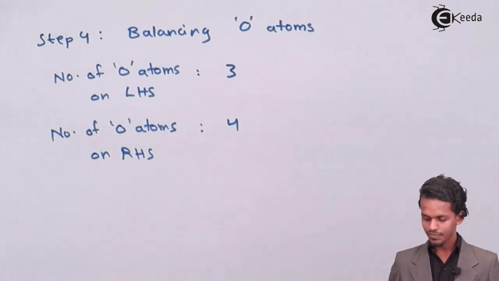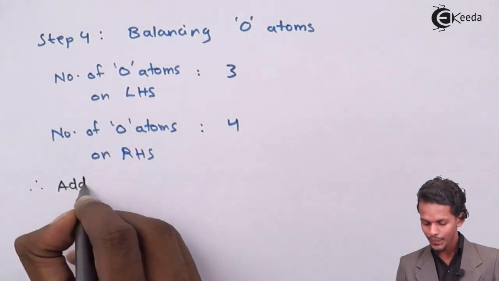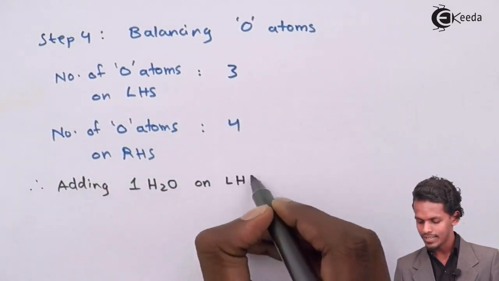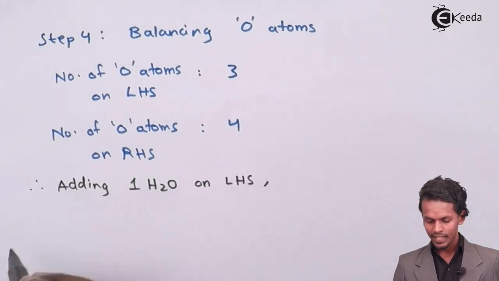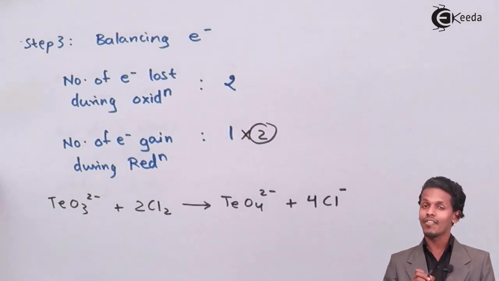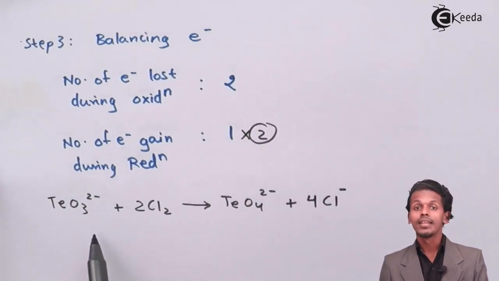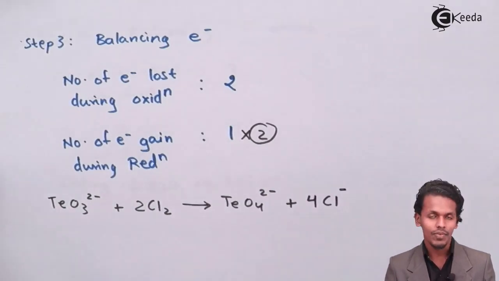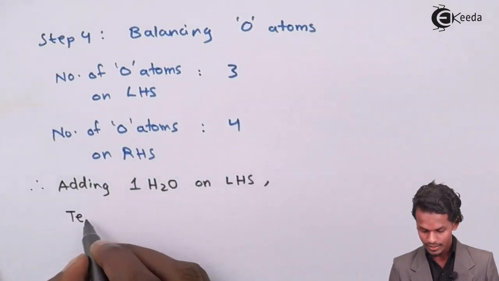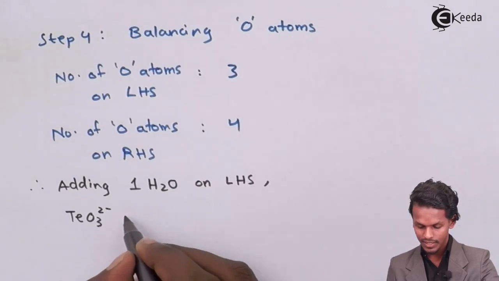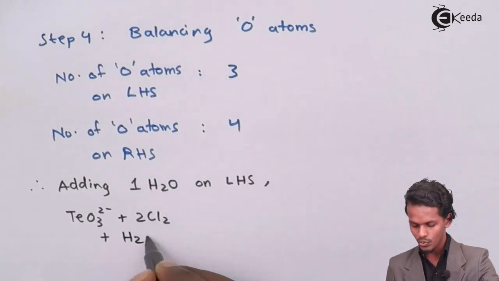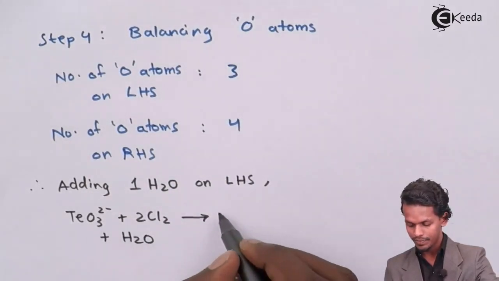So adding 1 mole of H2O on the left hand side, we get the equation: TeO3 2- plus 2 times Cl2 plus 1 times H2O, which will give me an answer of